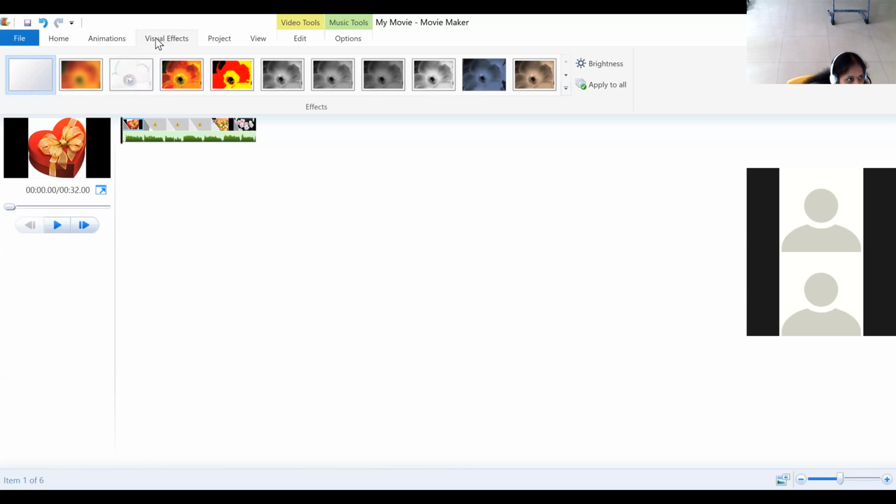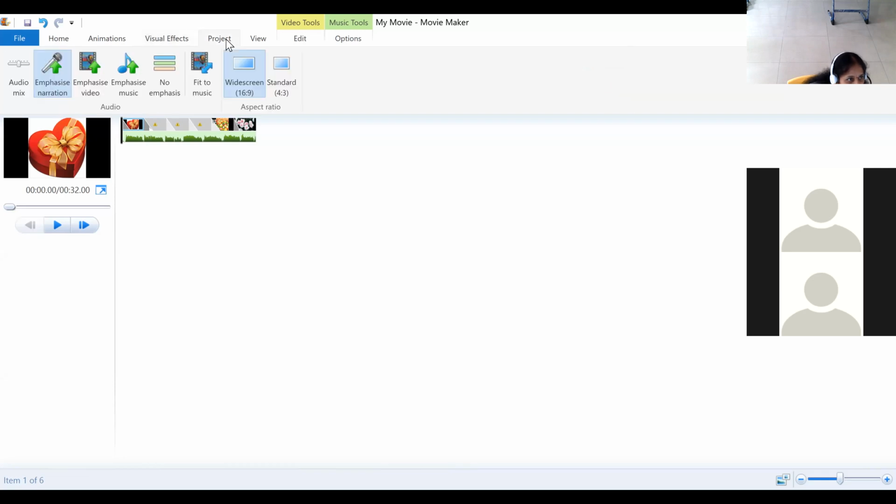Now project, fit to music means whatever the music, if the music is of 30 seconds but the images are very few, it will fit according to how much time the music is there.